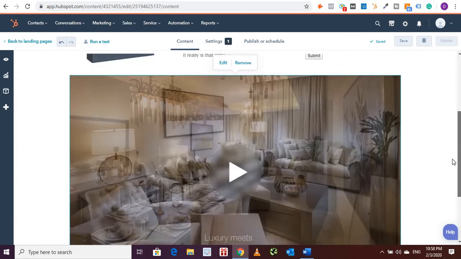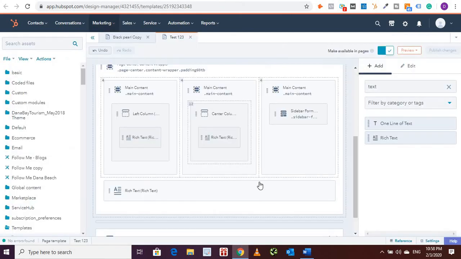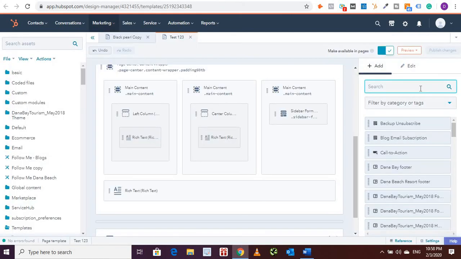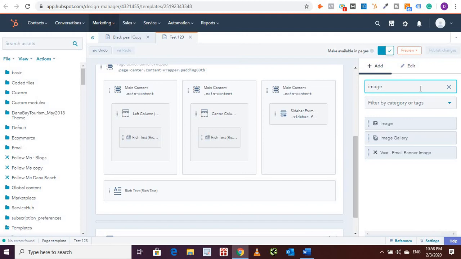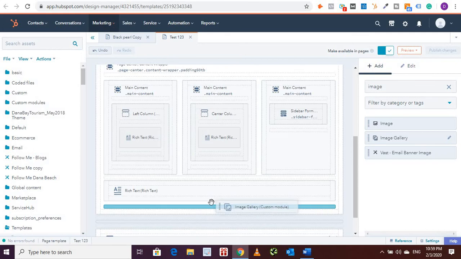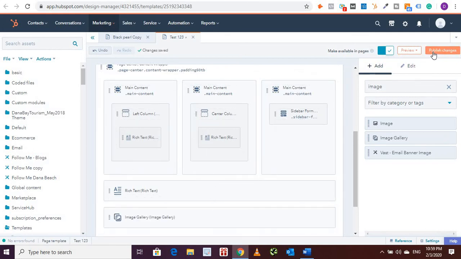So this was it. Now again, you may want to add another element, an image gallery. For example, you want to show them images, and again it depends on the industry. Over here I'm talking about real estate, where you want to show more images about the property, the villa or the apartment that you're trying to sell. But if it's any other industry, then it all boils down to which industry or what product you're selling, right? Image gallery, for example, if I were to add it over here, click on publish as usual,